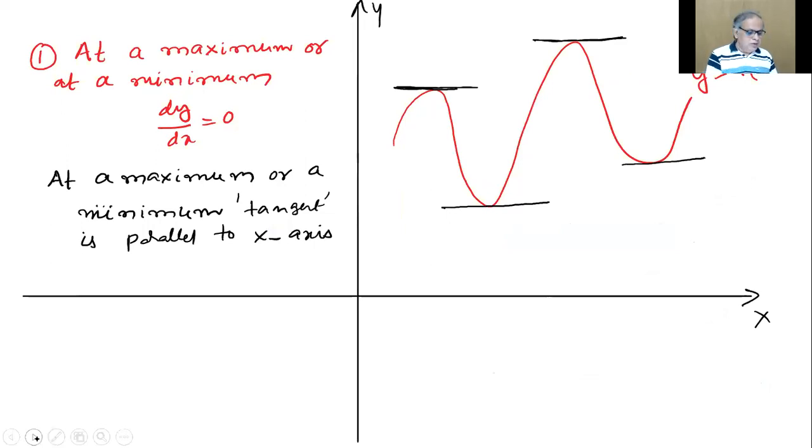I am doing what is just required for our physics application. And remember, you cannot ever do without this. So I've taken a random y equals f of x here. Deliberately, I took some peaks and valleys. Remember, at a peak or a valley, if you draw a tangent, that will be parallel to the x-axis, right?